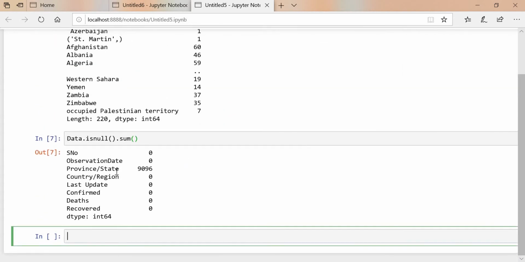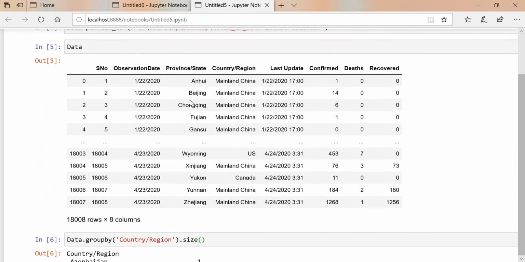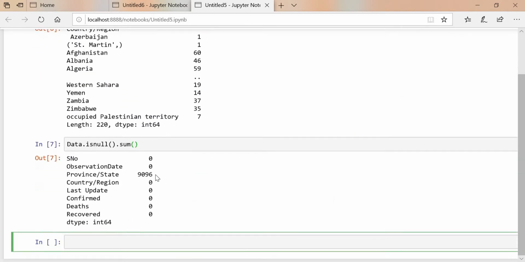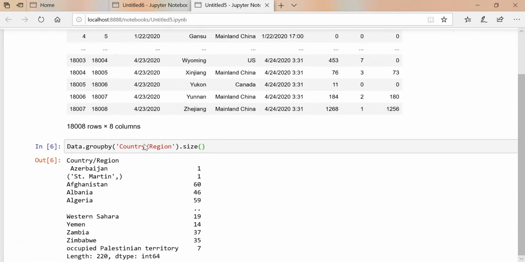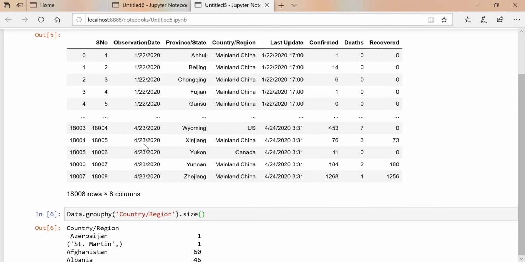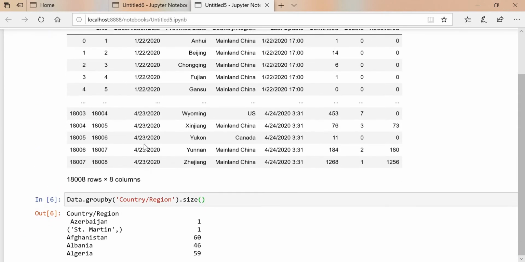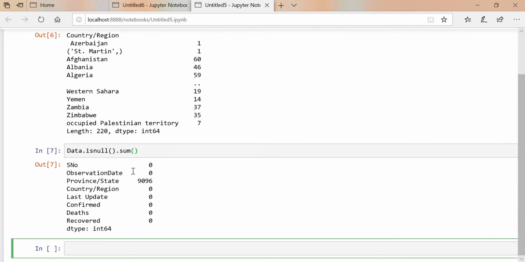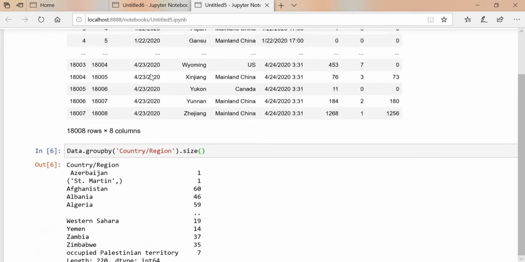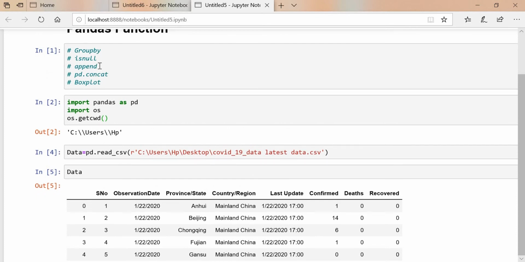So we'll get that in province and state. Here 9096 values are null. So this isnull function will check where the null values are present in your data. Like this the isnull function will work.